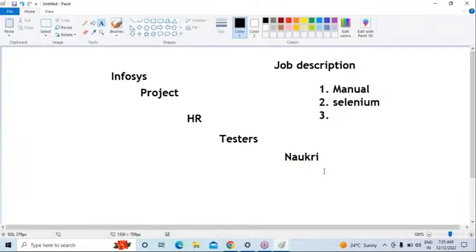They're explaining it. So in our company, there is an opportunity. Are you interested to join here? Your profile is matching with our job description. Then we can say yes. So they are going to be collecting the details and they will schedule one interview. So based on this process only, you are going to be